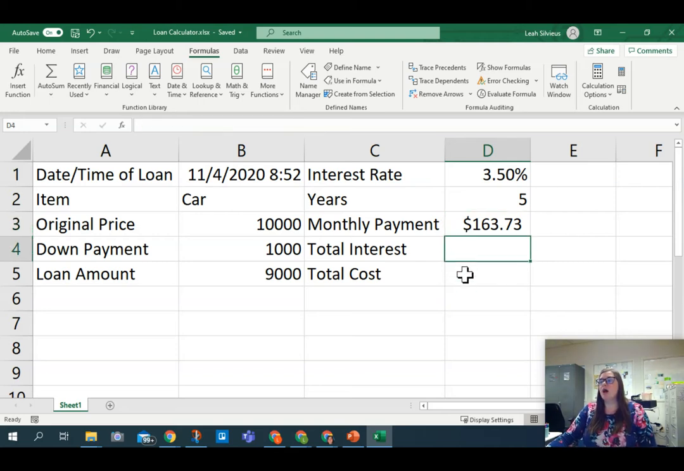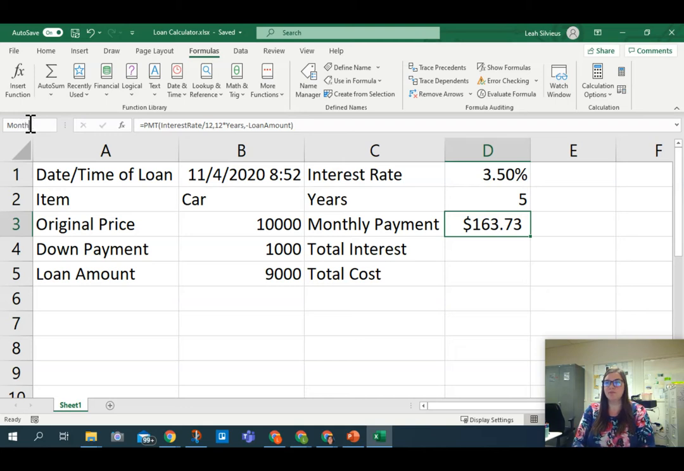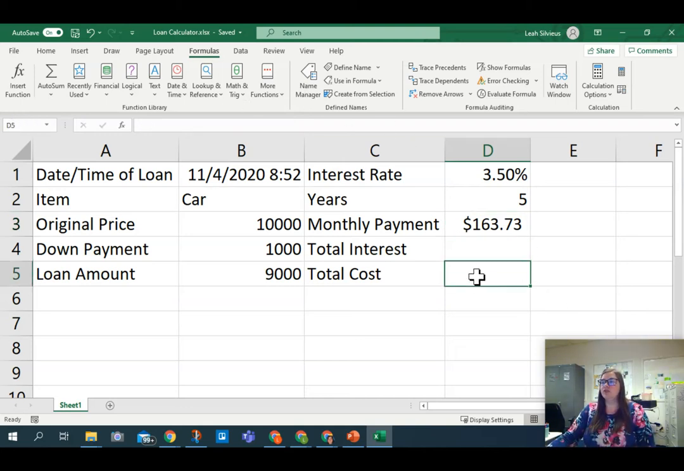Now, I want you to think about what the total cost is going to be of your car real quick. And we're going to name this real quick. We're going to go to D3 and we're going to name this monthly payment up here in the name box. So monthly payment. Okay. Total cost. Let's think about it. Equal sign total cost. Okay. So I know I'm paying